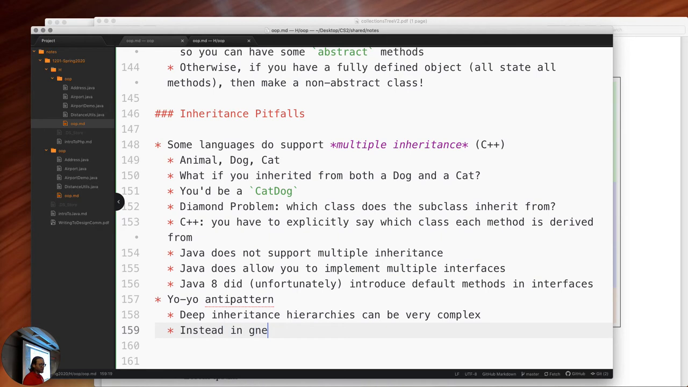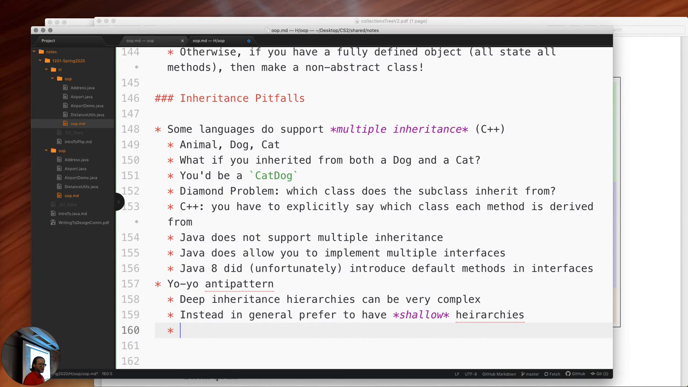Instead, in general, prefer to have shallow hierarchies, right? If you are having a really, really deep inheritance hierarchy, think about how you can flatten that out, or maybe you can collapse it somehow. For example, instead you could prefer composition